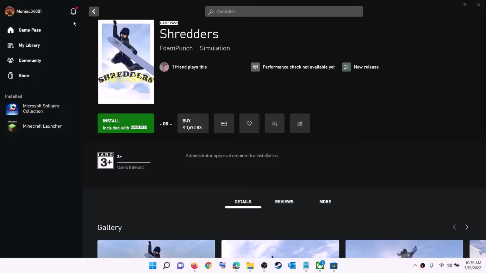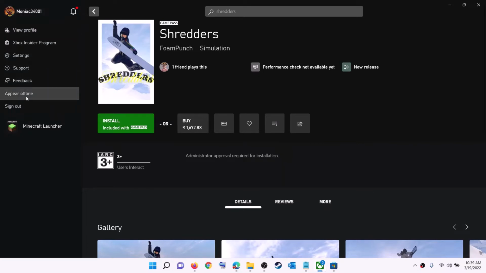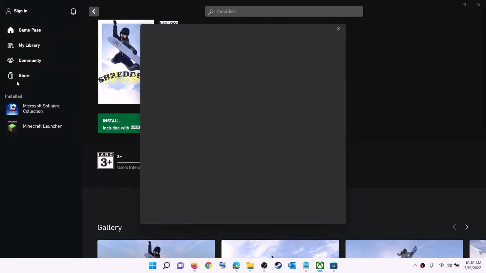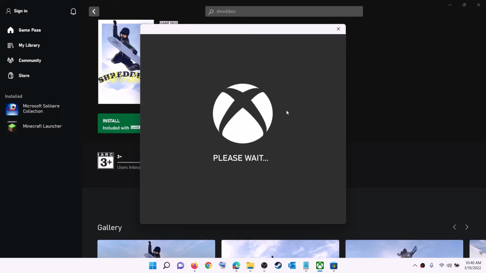Now open Xbox app. On the top left here you can see your profile icon. Click on it and then click on sign out. Then again click on sign in. Now use the same account which you have used on Microsoft Store. So log in with same account on Microsoft Store and with same account on Xbox app and then try to